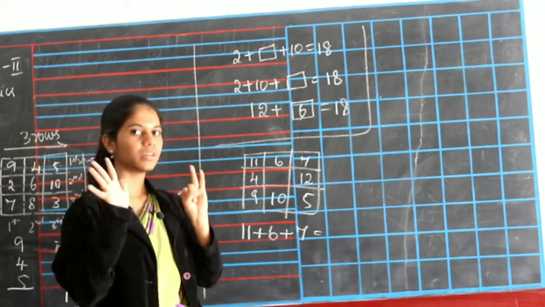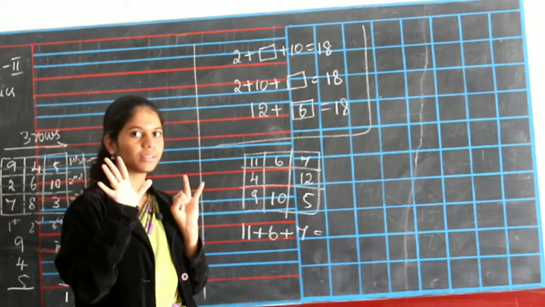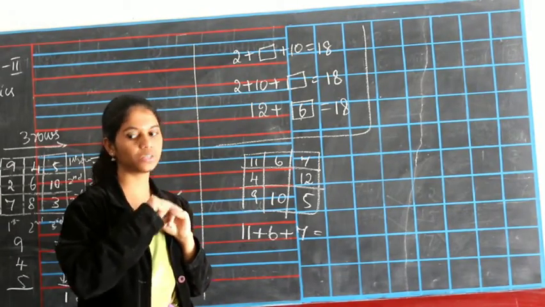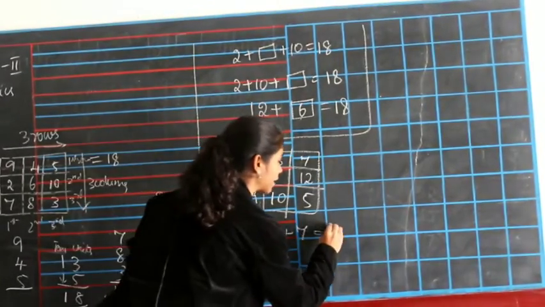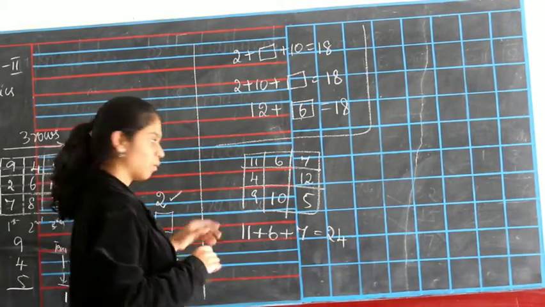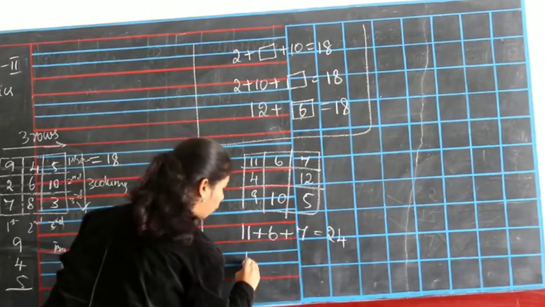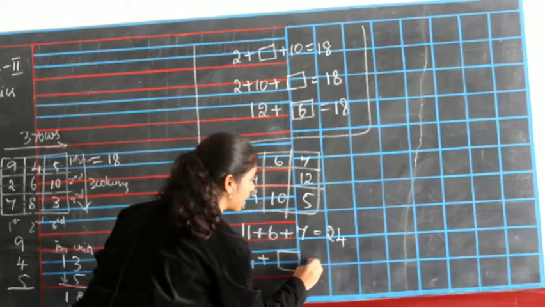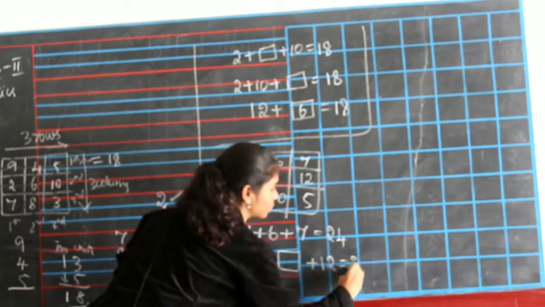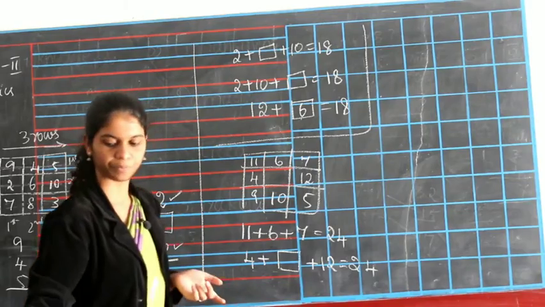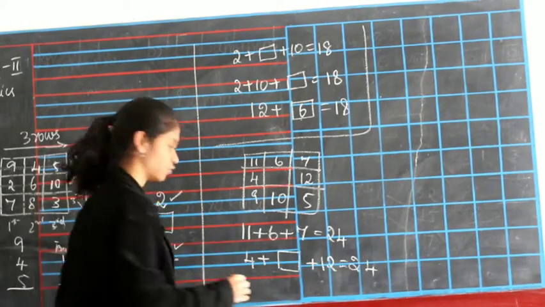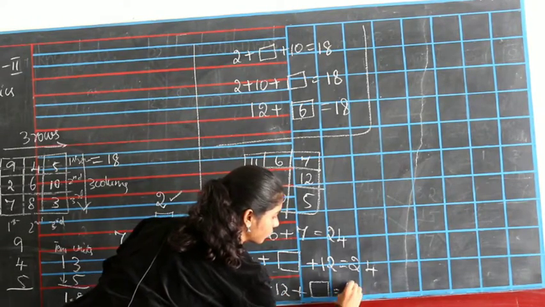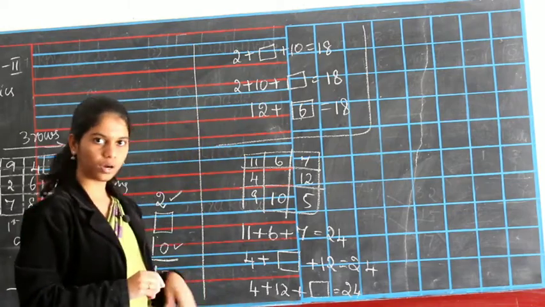17 in your mind, 7 in your finger. 17 after 18, 19, 20, 21, 22, 23 and 24. Okay, the answer is 24. So now you have the second row. 4 plus, there is an empty space which we refer to as box, and then 12 is equal to 24 because it is a magical box, right? Now you are going to rearrange them. 4 plus 12 plus box will give you 24.